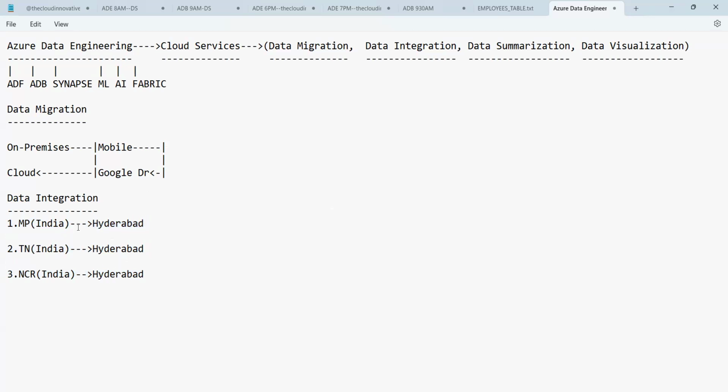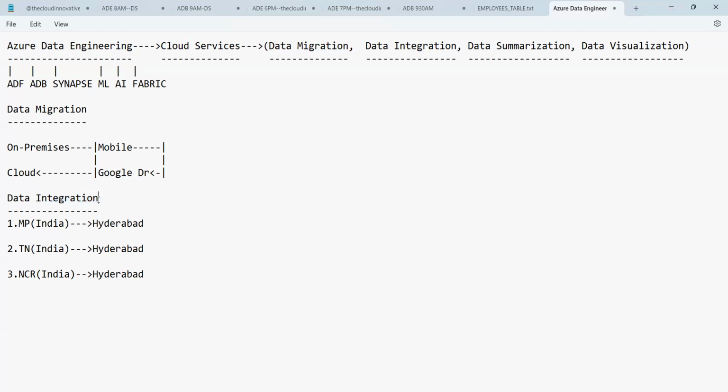So these are manufactured at various locations, but kept for the facilitation of the consumers in the Hyderabad branch. All these products are kept under one roof. In the same way, if you have data at different locations, gathering the data and putting it at one location is called the process of data integration.